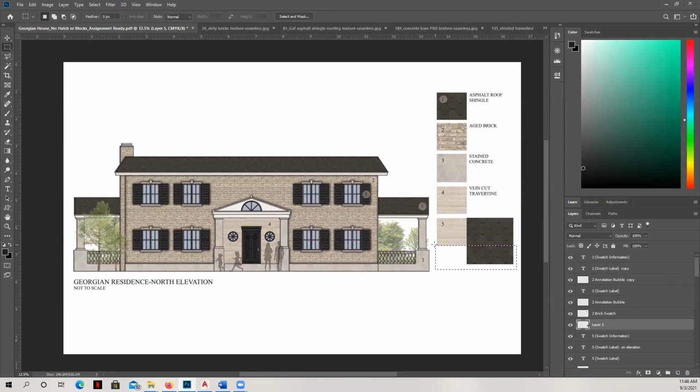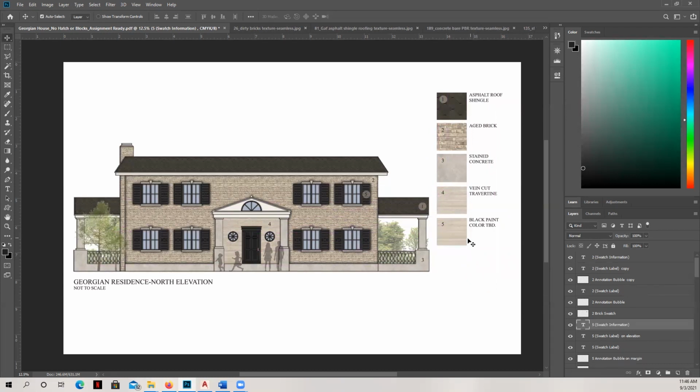See where the pink line comes up, and I can hit X to get rid of it. And then I move it over like this. And Control X to get rid of it. And then all I have to do is move it up and adjust my layer orders so that the annotation bubble and the text is on top. But that's how I get the swatches to all be the same size.